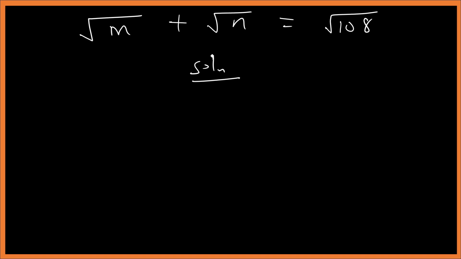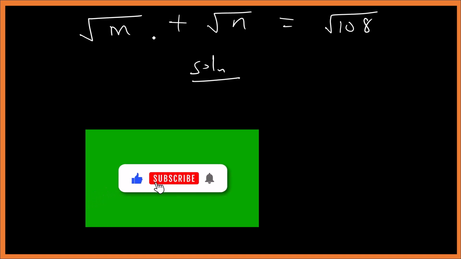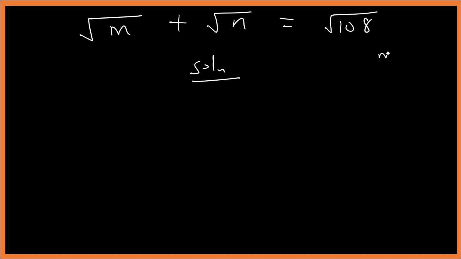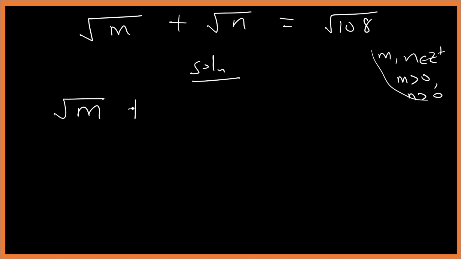Solution. Now we are given square root of m plus square root of n equals 108. So m and n are all positive integers. So m is greater than 0 and n is also greater than 0. So we have these conditions here. Now from here we can write this as square root of m plus square root of n equals